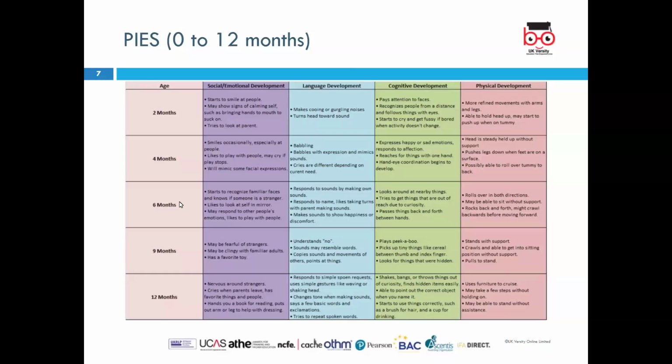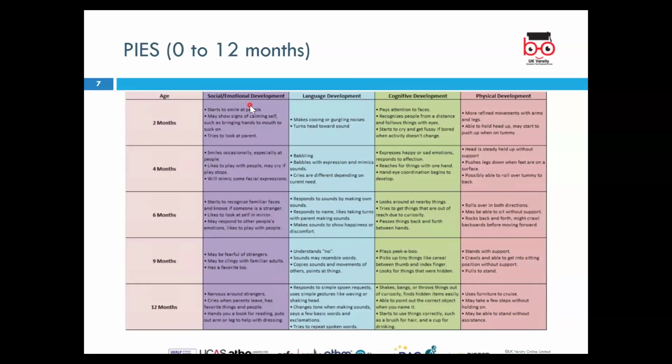So this was basically regarding the different components of development. There was emotional development, language development, cognitive development, and physical development. And it was about each age in a person's lifetime, more so when they're an infant. For instance, if they're 2 months old, their emotional development will be very different compared to when they're at 12 months of age. That holds true for language development, cognitive development, and physical development.